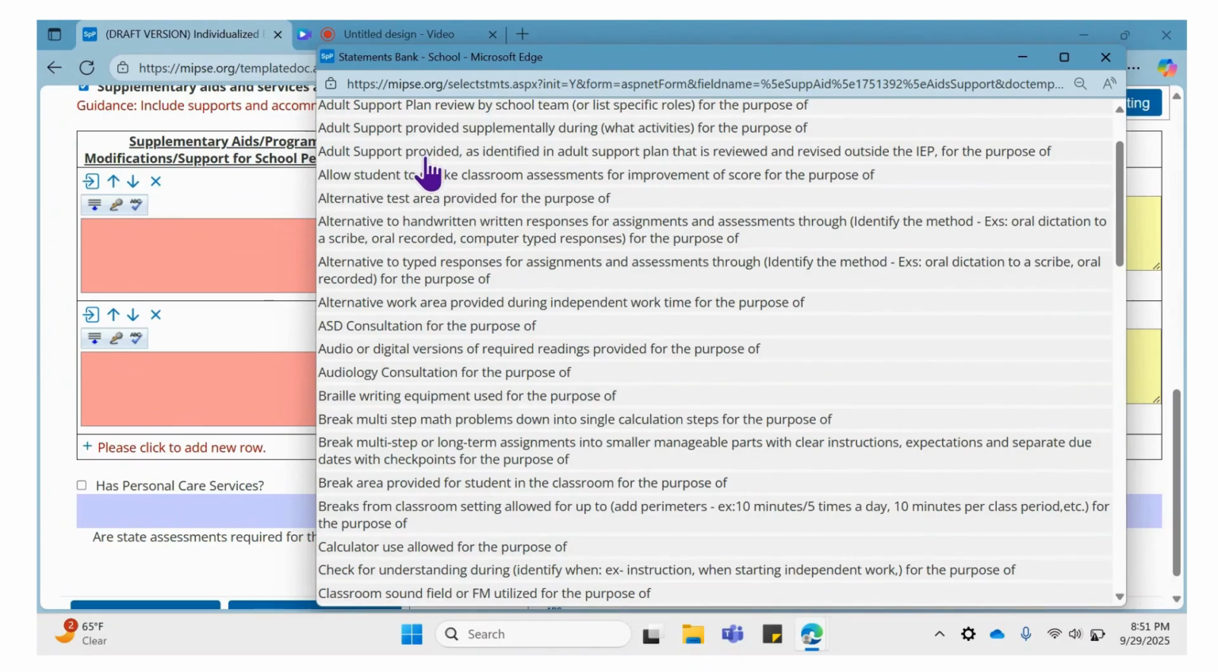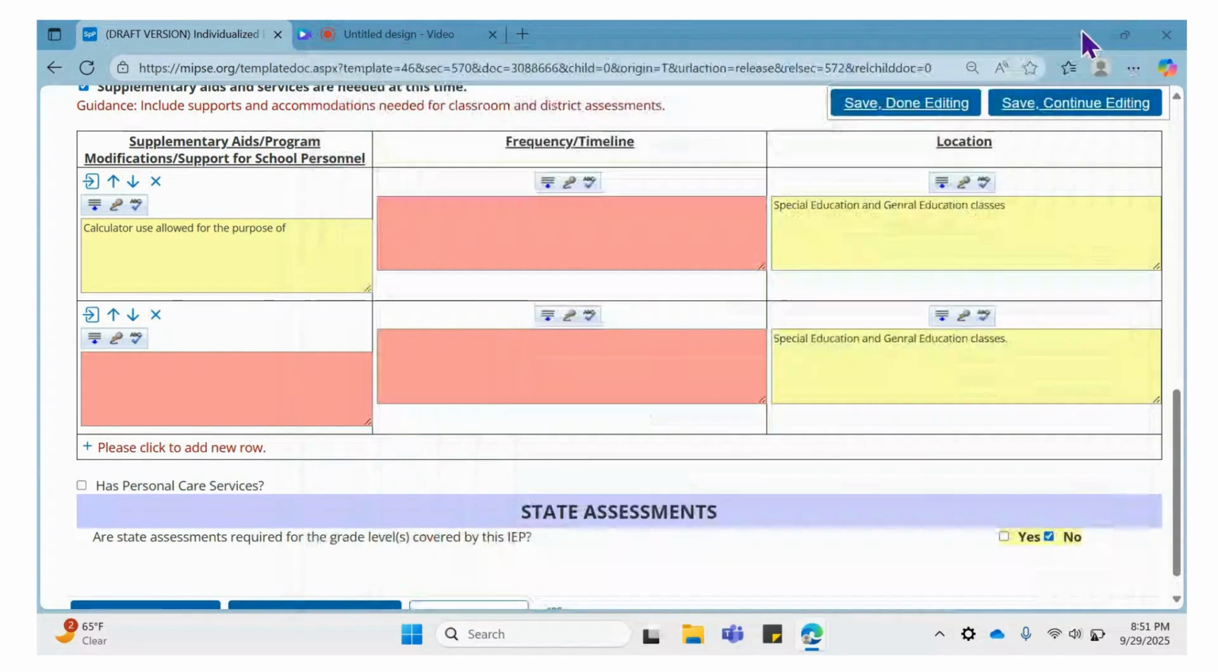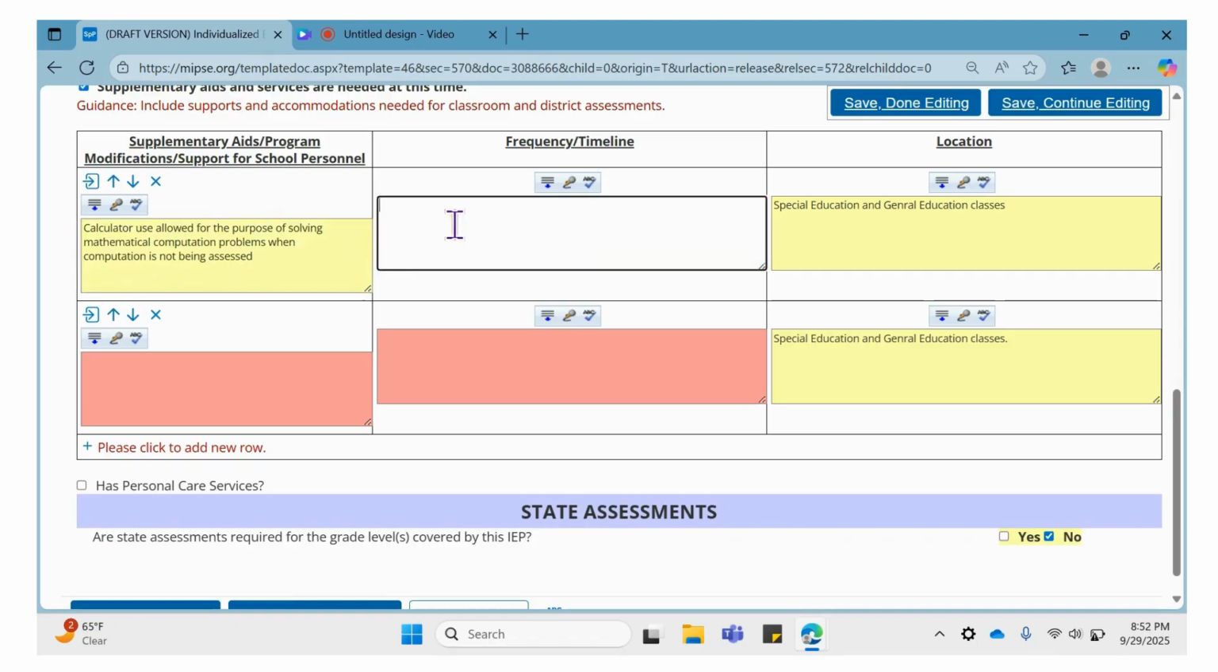So for example, for Maple, we might want calculator use. So these are all alphabetical. I'm going to pick calculator use for the purpose of, and then that's going to insert right into the box. And so for her, calculator use is for the purpose of solving mathematical computation problems when computation is not being assessed. And then we would go over here into our frequency and timeline and add our information there. And it would be for all assignments and assessments